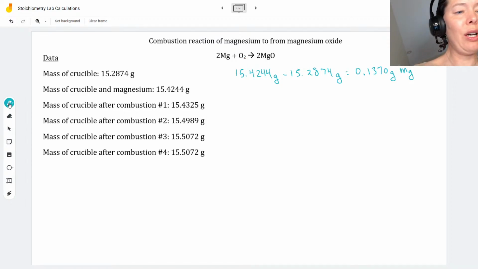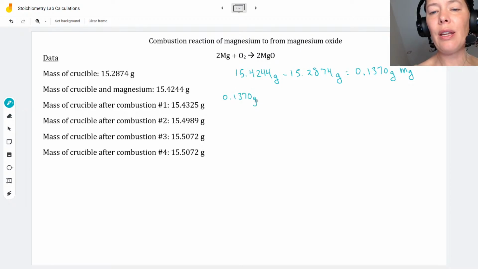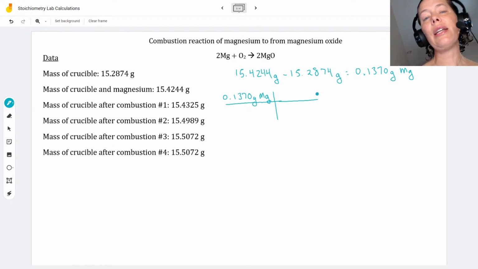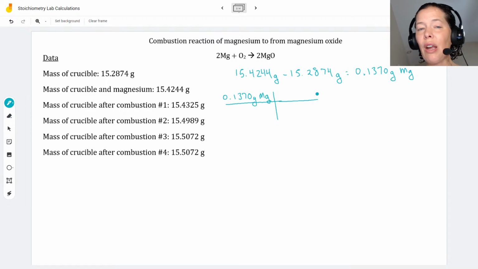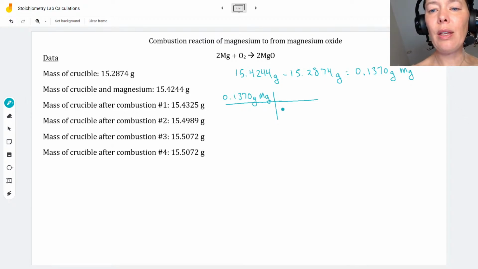Okay, now let's do our stoichiometry. So I am going to start with my grams of magnesium. So here are the grams of magnesium that I calculated. And the first thing that I need to do is convert that into moles, because when you're doing stoichiometry, of course, you're going to use a mole ratio, which means you cannot be in grams. So this mass of magnesium is easy. You just get it from the periodic table. And again, depending on your periodic table, you might have a mass that's slightly different from this molar mass I'm using, but that should not make a significant difference